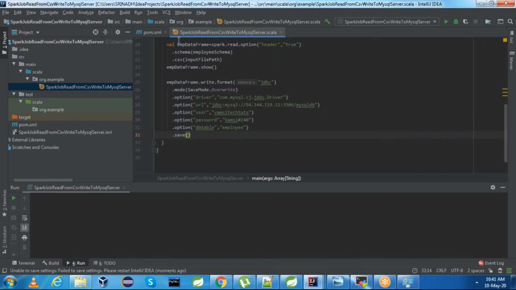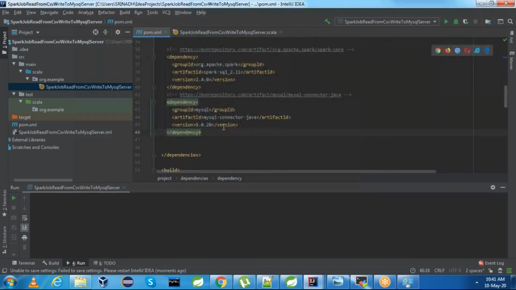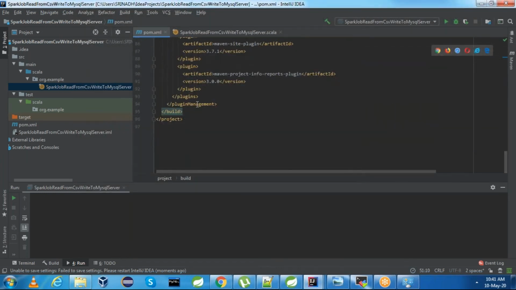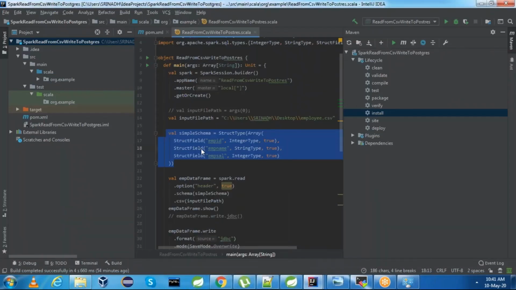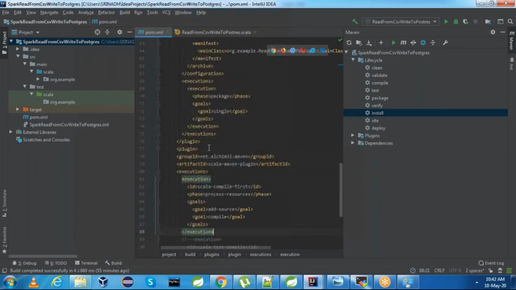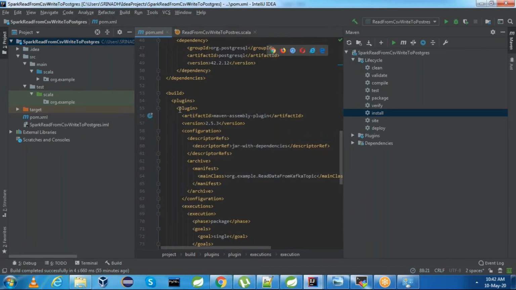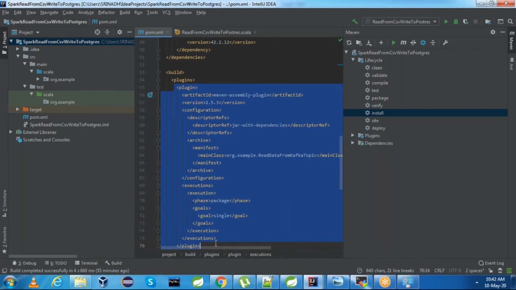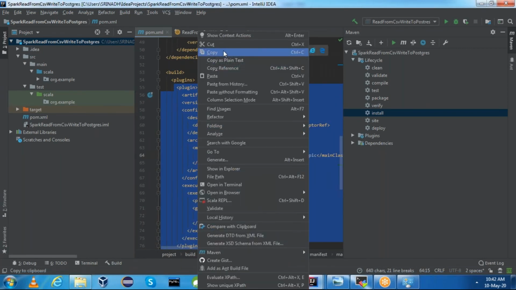For that reason, in pom.xml, in the build tag, we need to add a couple of plugins. One of them is the Maven assembly plugin for creating a fat jar, right? Let me copy it from another project.